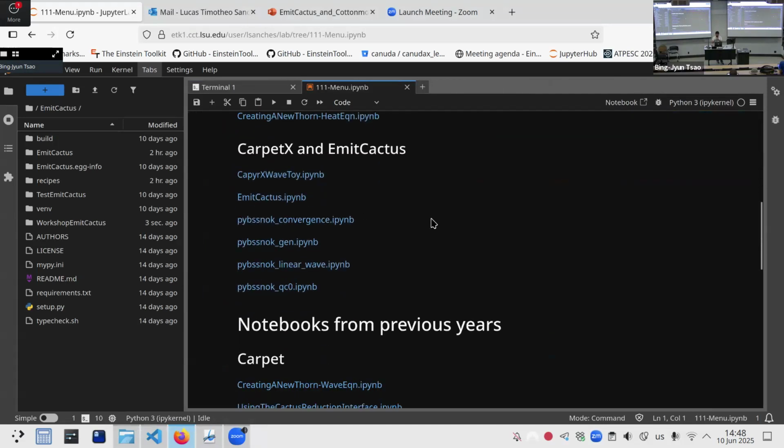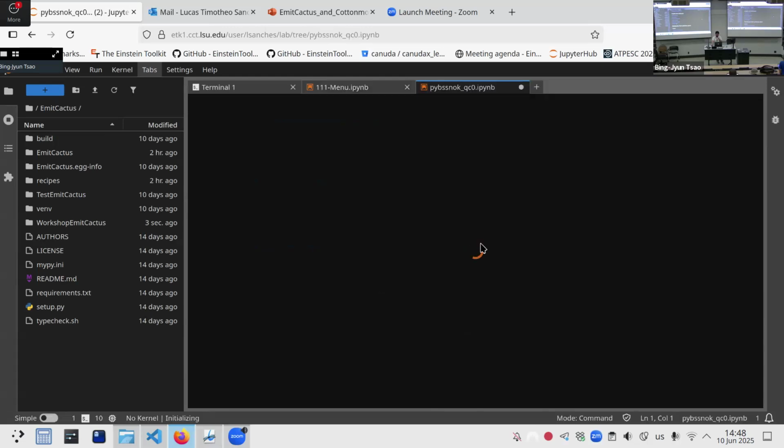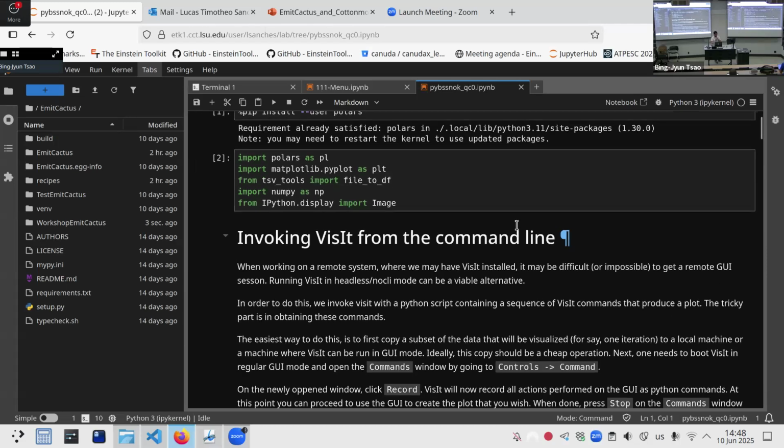So the final part of the talk would be our validation results. I want to show you the most exciting one first, which is this one, the QC0 ipynb notebook. What this notebook is going to show you is that we have run a standard QC0 parameter file: two binary black holes using two puncture data, about 1 point something separation, 0.5 masses, 0 spins. And we ran this